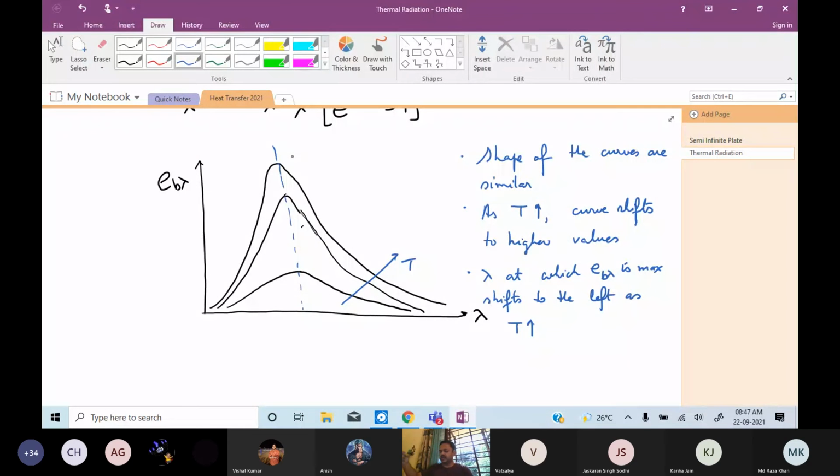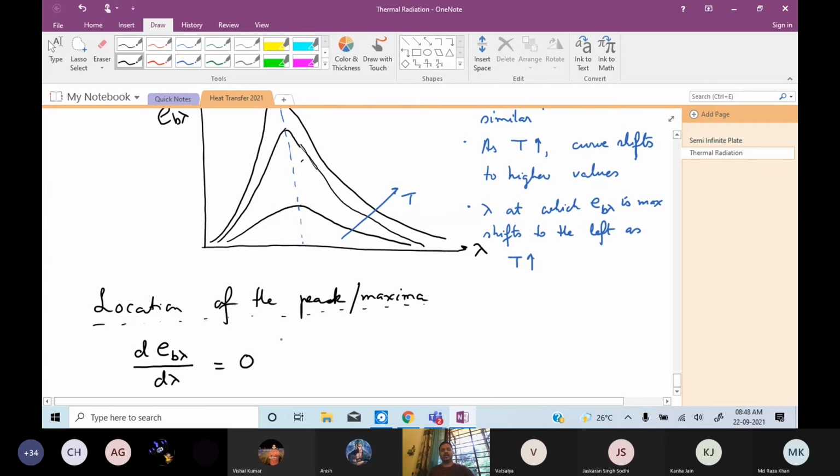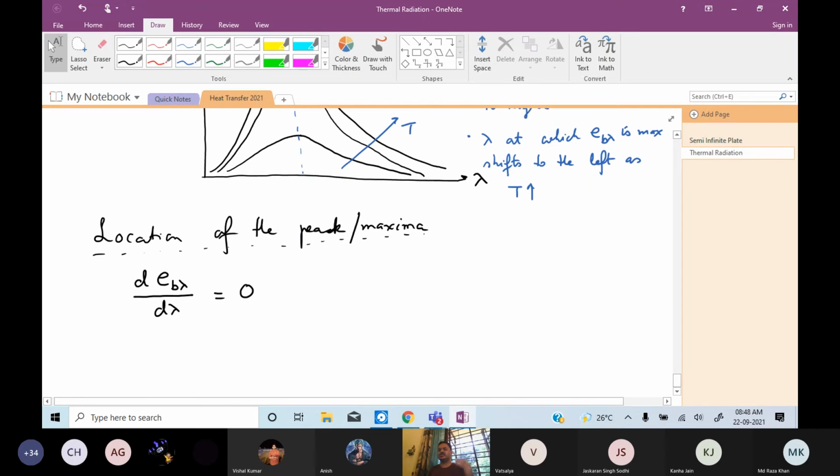So now can we try to find out the location of this maximum? Location of the peak, or maxima. So what will you do? We will call our good friend differential calculus and say that dE_b lambda by d lambda equal to 0. I'm not going to go through the derivation, because the derivation to a certain extent,